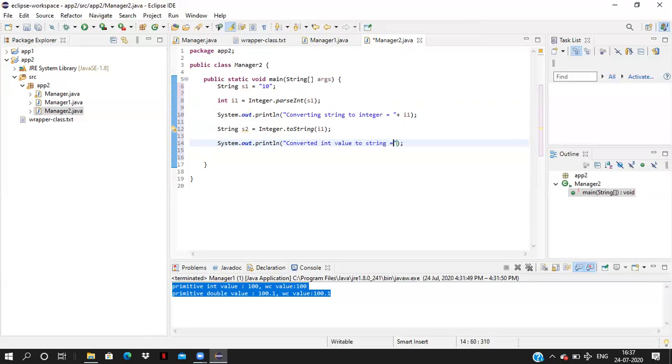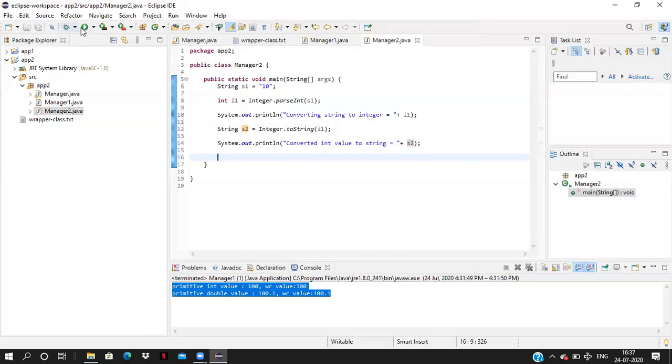This kind of conversion we use in so many places of our project development. We have to convert string to integer, integer to string. Similarly, string to double, double to string. We have to learn how to convert the integer primitive to the string type, and similarly other primitive types to string and string to primitive types. This is one advantage of wrapper classes.